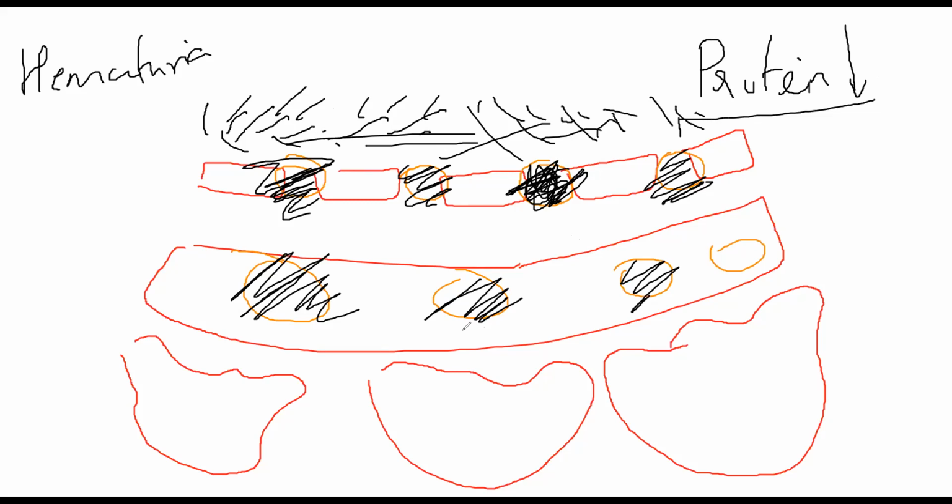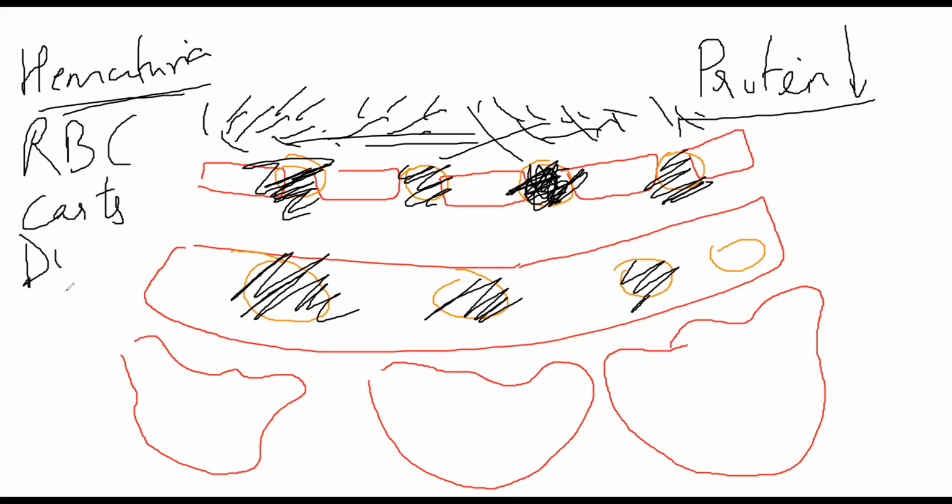These immune complexes can also start damaging your glomeruli, because of which hematuria can continue. They will start damaging the wall of your glomerulus, they'll start damaging GBM, they'll start damaging your glomerular tuft endothelium, because of which hematuria continues. You will still see RBC casts, and you will see dysmorphic RBCs, RBCs which have lost their shape. So hematuria is happening, with a decreased amount of protein.